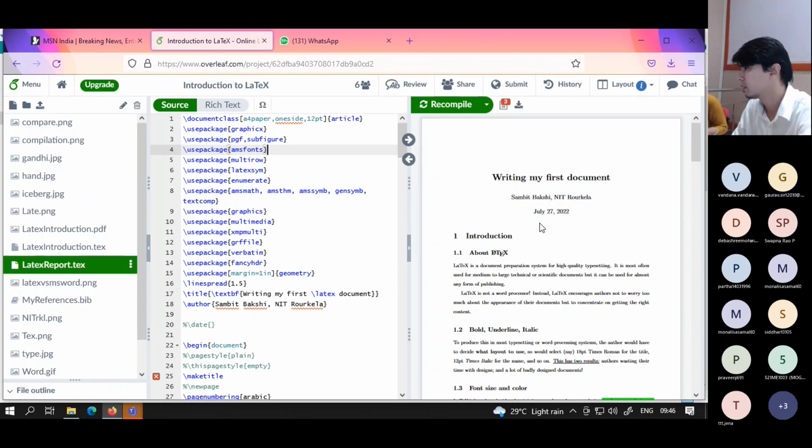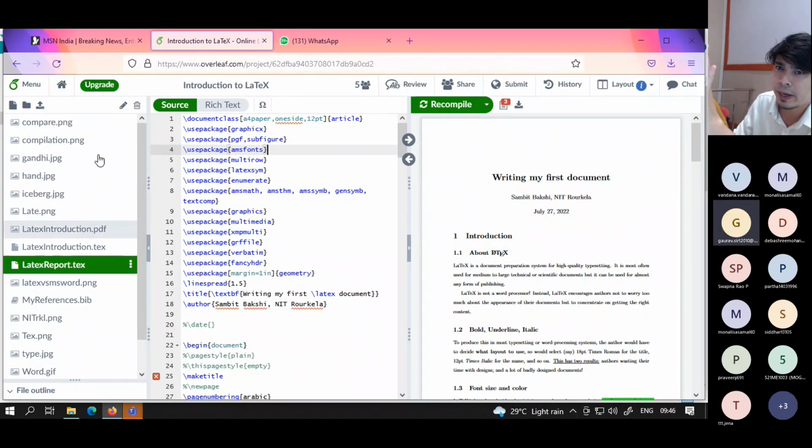We are able to see this screen, but after this screen, I cannot. You have to click LaTeX report. Sir, the PDF file is not showing. You have to click on LaTeX. No problem, I will tell you how you can see the PDF file. First, if you can see the left panel, click on latex report.tex. Yes, latex report.tex. Okay. Once you have done that,